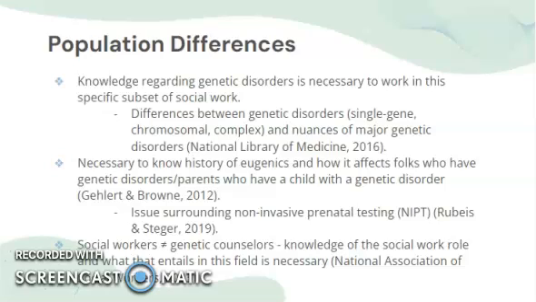So, knowing what the social worker is doing. Specifically, social workers a lot of times will have knowledge about insurance coverage. Maybe helping or advocating for clients who are experiencing discrimination because of their genetic disorder. Maybe teaching clients about informed consent, especially if they have a rare genetic disorder and might be approached to see if they could be a part of a study, and teaching clients, hey, you have rights, and this is what informed consent looks like for you, is something that a social worker could do,